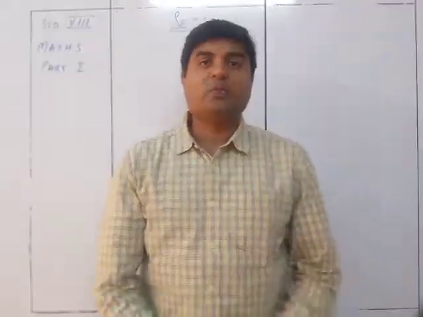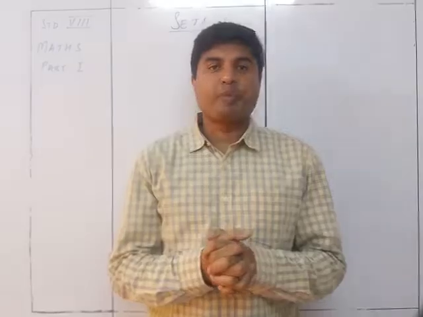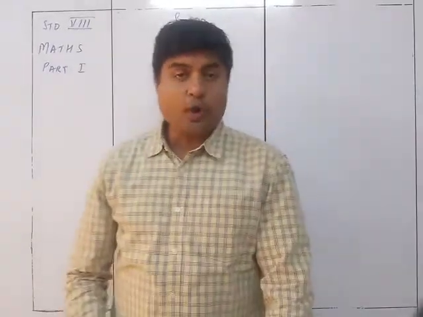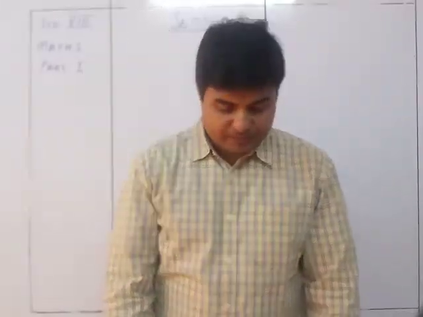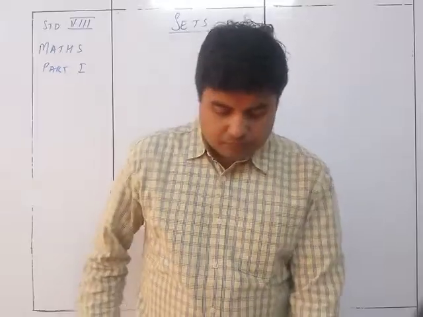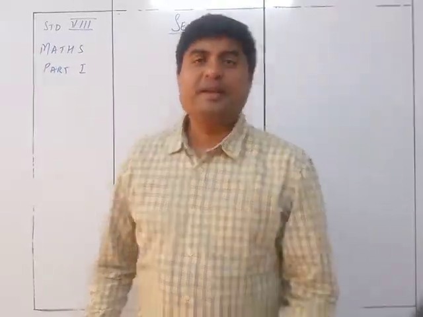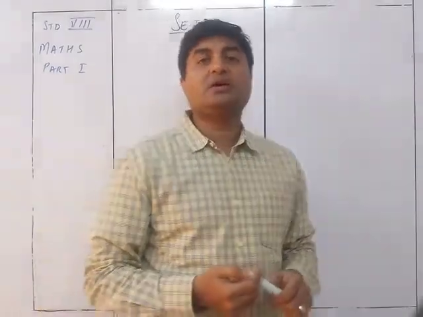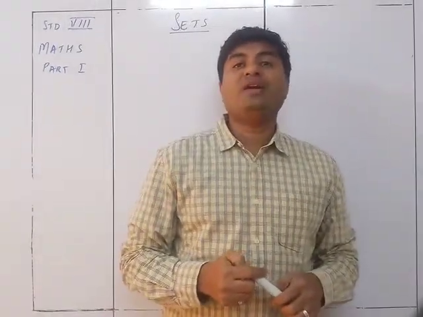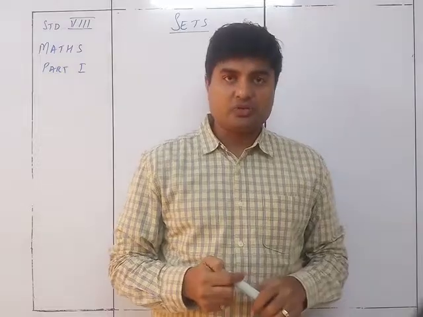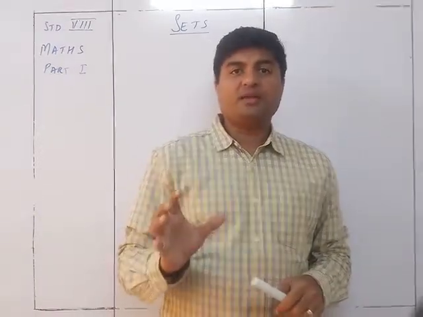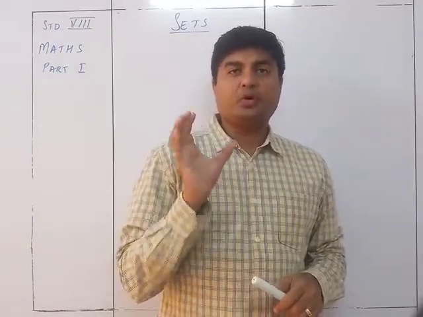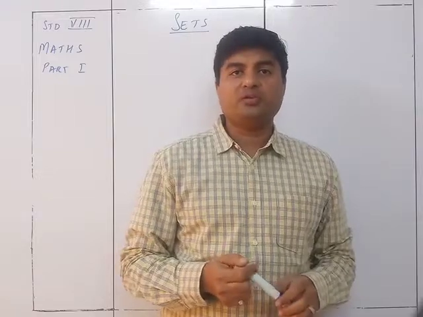So we now start with the next chapter for maths, that is sets, operation on sets and Venn diagram. We'll just recap what the set means. A set is a group of well-defined articles. So when some well-defined articles are going to be there, then that particular group of well-defined articles will be